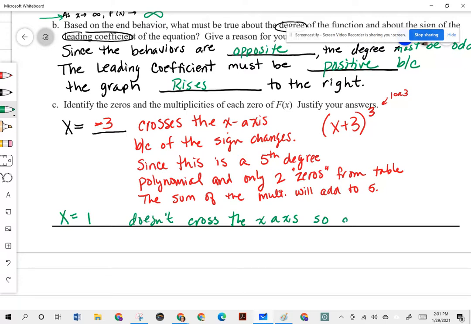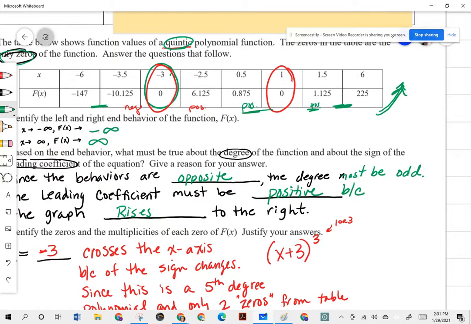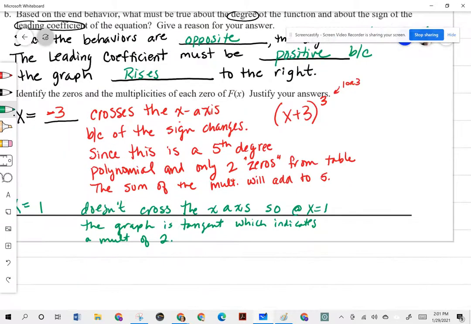So at x equals 1, the graph is tangent, which indicates a multiplicity of 2. Okay. And that was because we went positive to positive on both sides. So now what we have is x minus 1 squared. Okay. So now technically x plus 3 to the